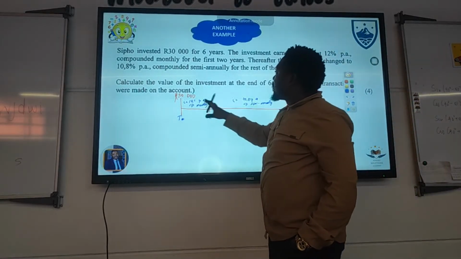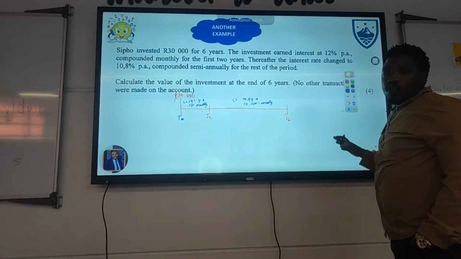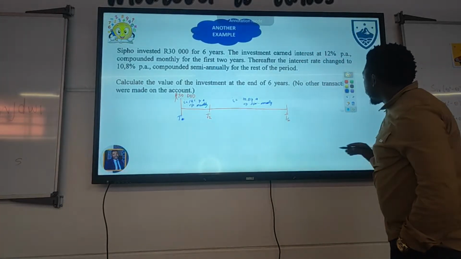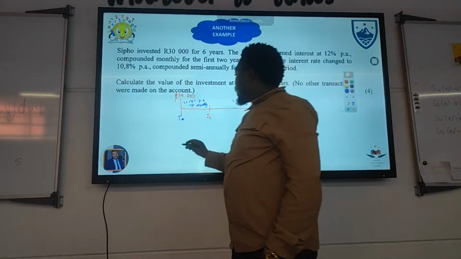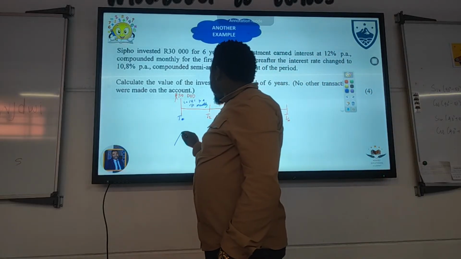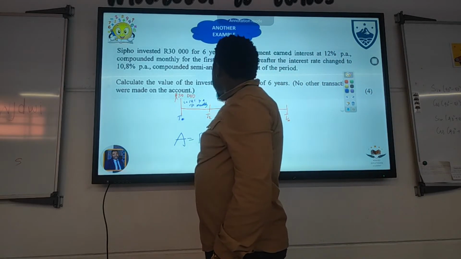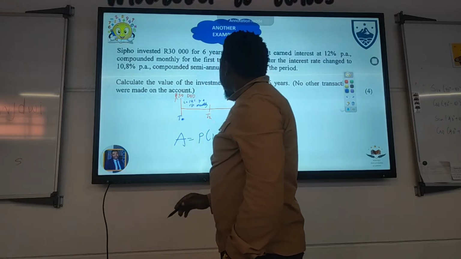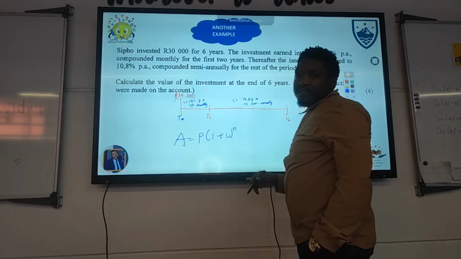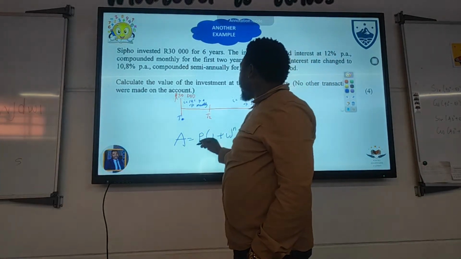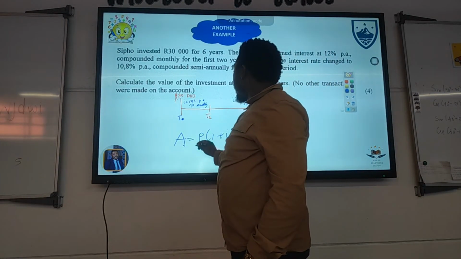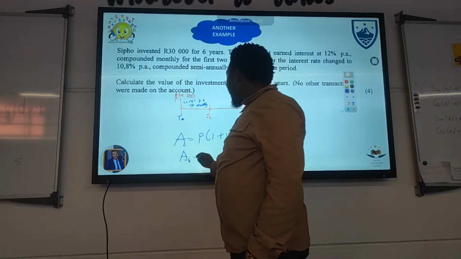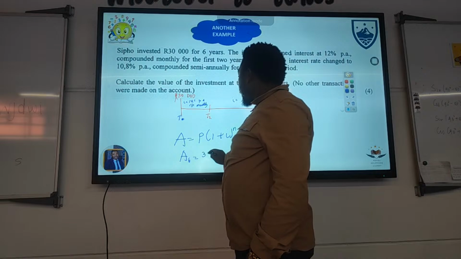So this is simple interest exchange. There is no deposit in this regard. So this is very, very simple. So it means our A will just be P(1 + i) to the power of n, but with having different interest rates. So we have two different interest rates with the same principal amount. So our A after 6 years will simply be your 80,000